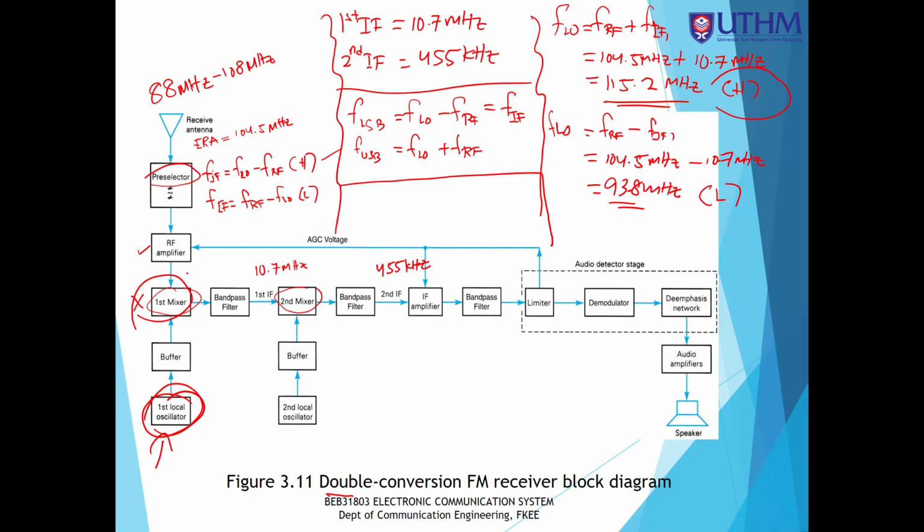Remember, the mixer will produce FLSB, FUSB, and then FIF. At least there are three components: upper, lower, and the center. I know that the FLSB would be the first IF, which is 10.7 megahertz. So the upper frequency that I can find, FUSB, for the first mixer,